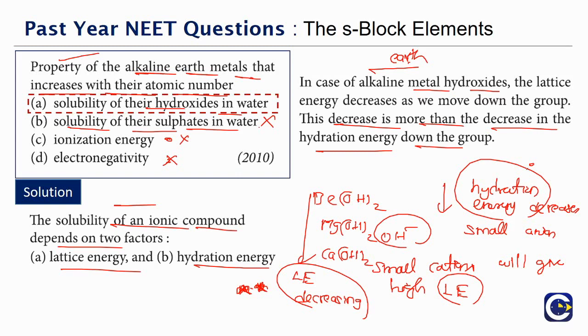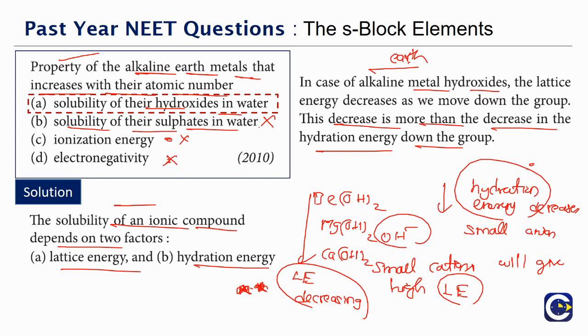Now why is this happening? As to exact numbers, only when we know them will we be able to see the ease of solubility. But in terms of a reasoning question, the reason it could be happening is because the lattice energy decrease is more than the decrease in the hydration energy. If we have the exact numbers, we will be able to compare that. So the correct answer for this is option A.